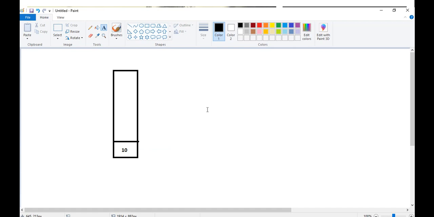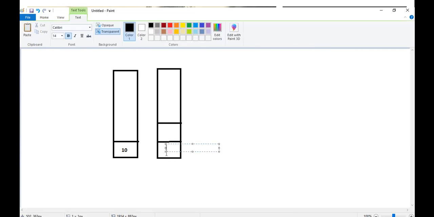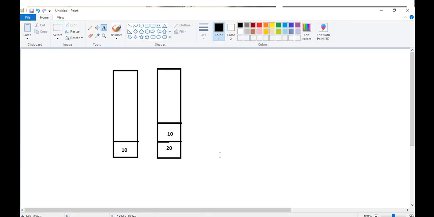Now if I want to insert 20, let's say, so how will 20 be? This is how it will be. Similarly, if you enter the third one, this is how the order gets followed.